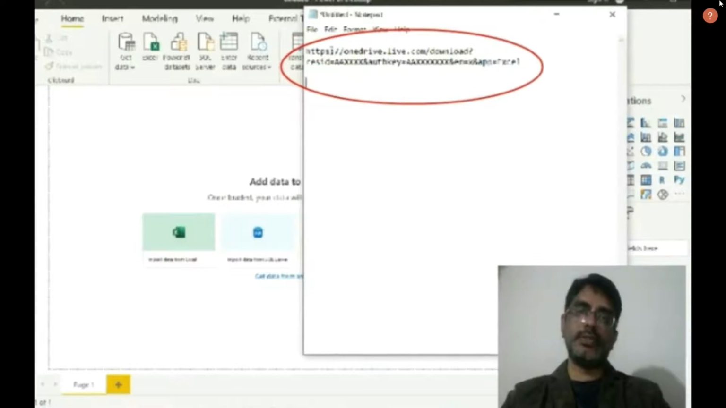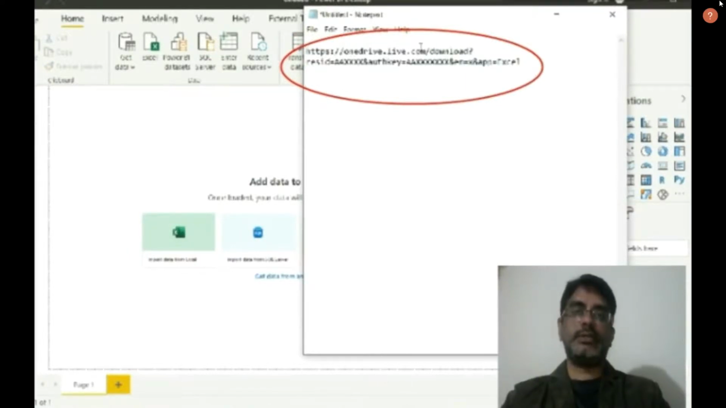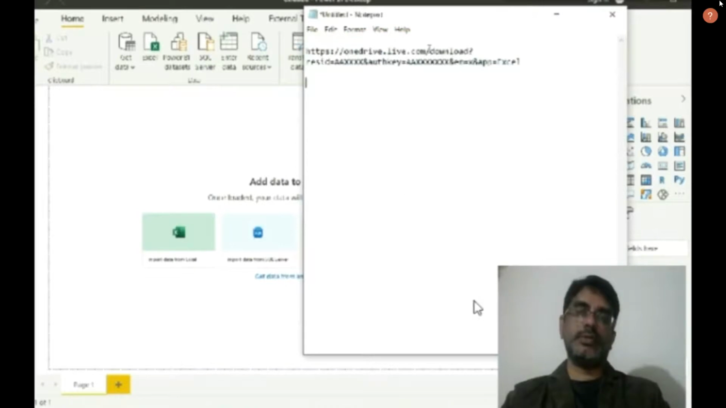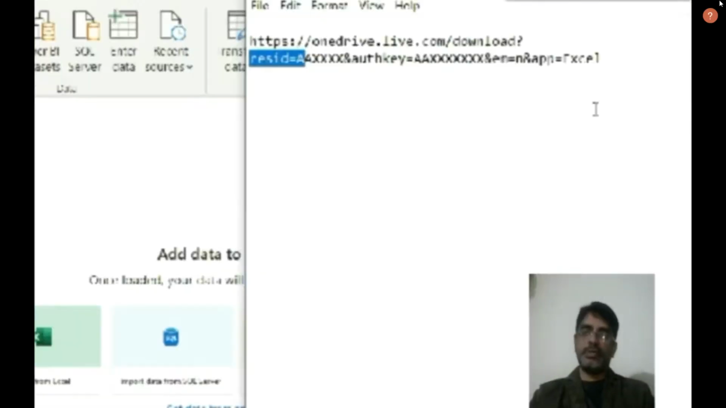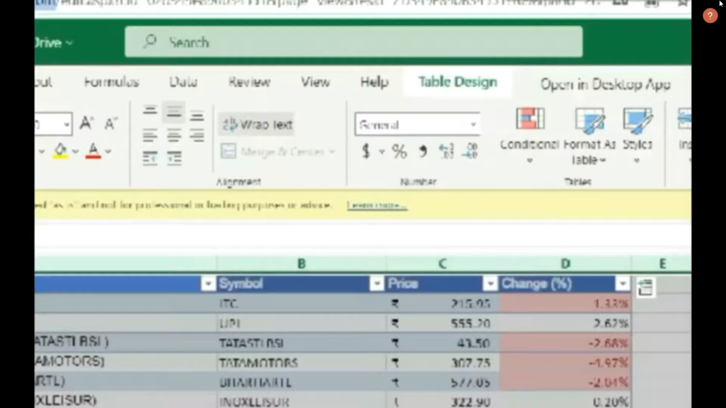It has an address, it has certain parameters, it has some keys, some hardcoded values which are required, like download over here. This is the format. This thing you need to basically take care of. And now get the URL address